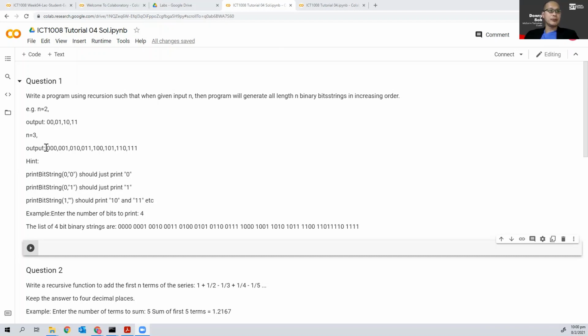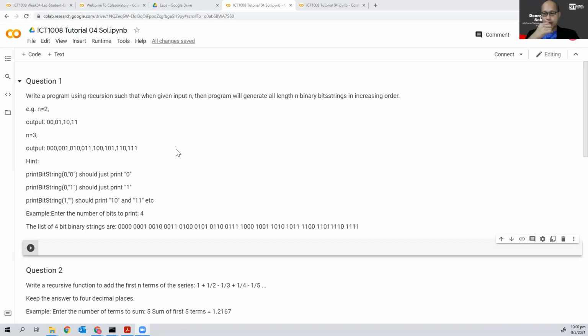If n equals 3, it'd be 000, 001, 010, 011, 100, 101, 110, and 111. Okay, so that's about it. And the question asks us to use recursion for this. So